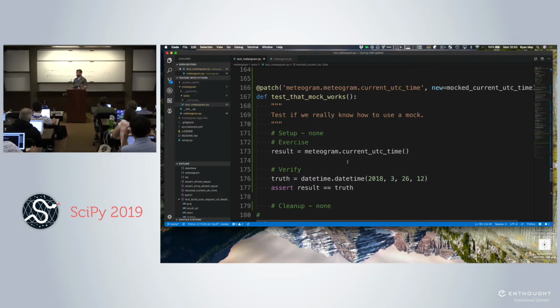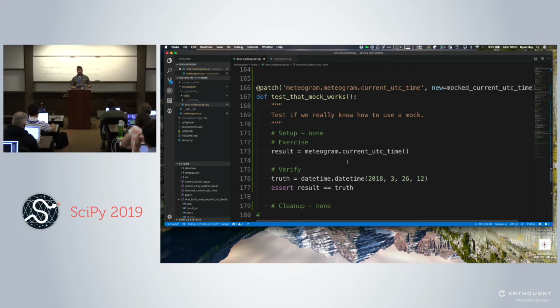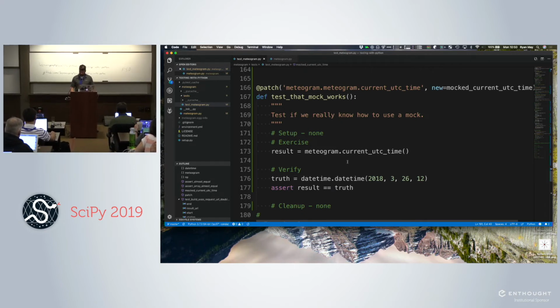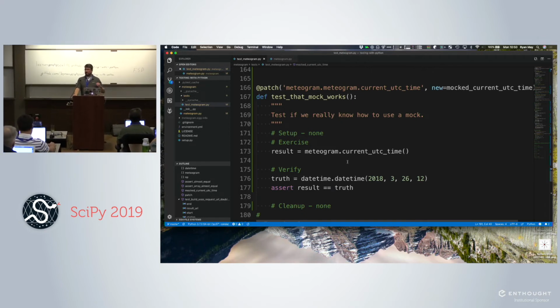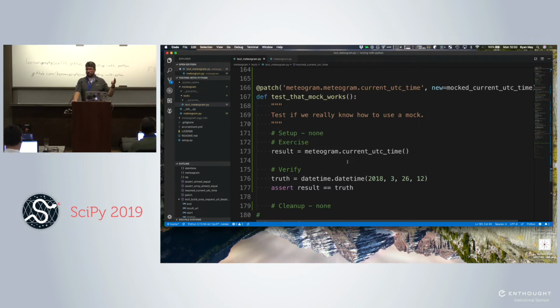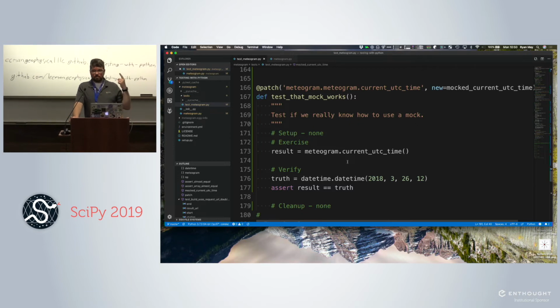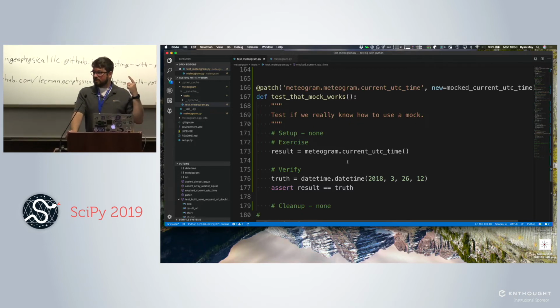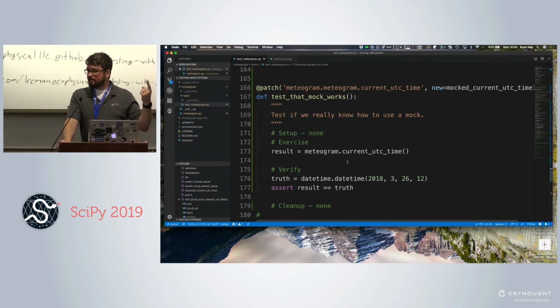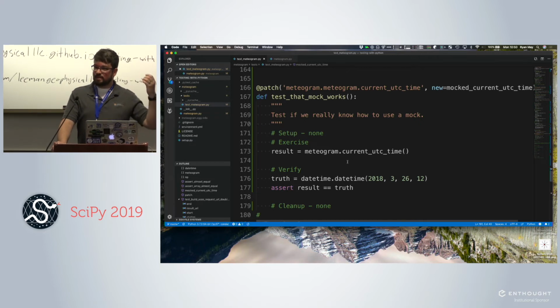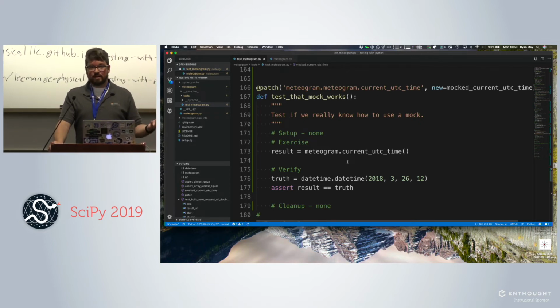Okay, so I'm going to go over how I would probably do this. In reality, I would write 3 tests here or use parameterization, which we'll get to. I would do one for all the defaults, one for if the user specifies start but not end, and one for if the user specifies end but not start. So you would need to write each of those combinations of tests here.